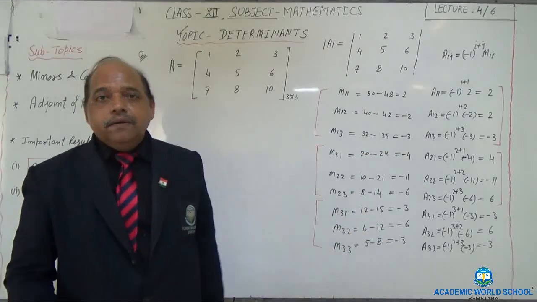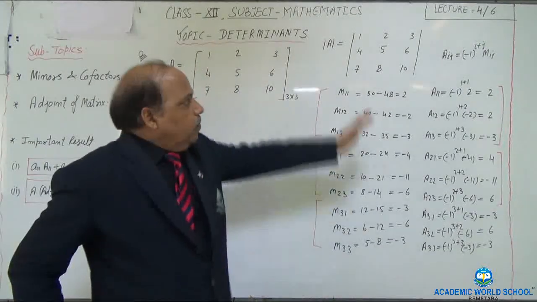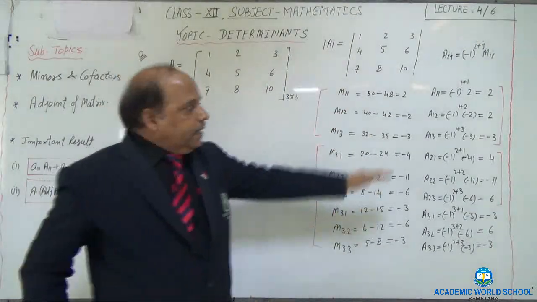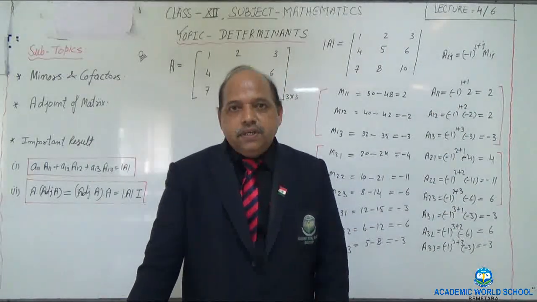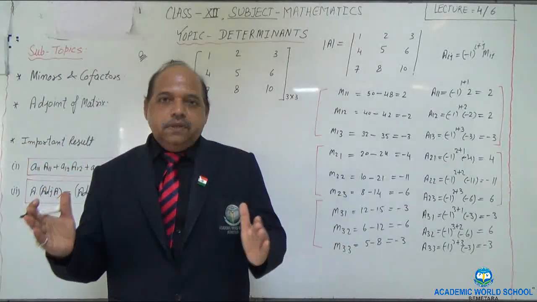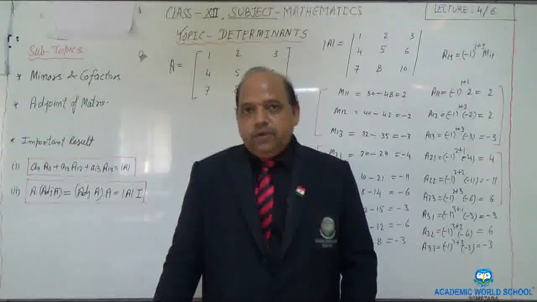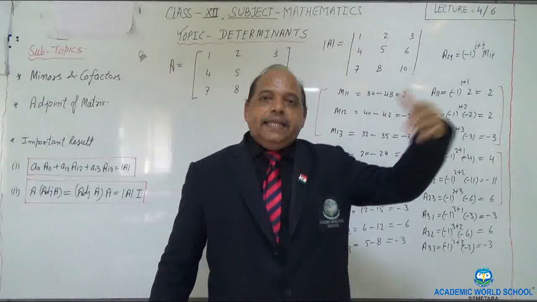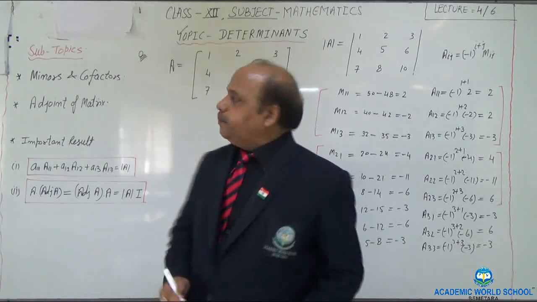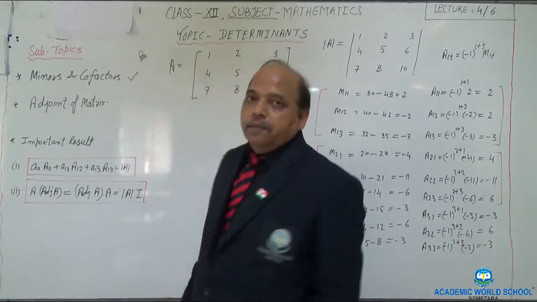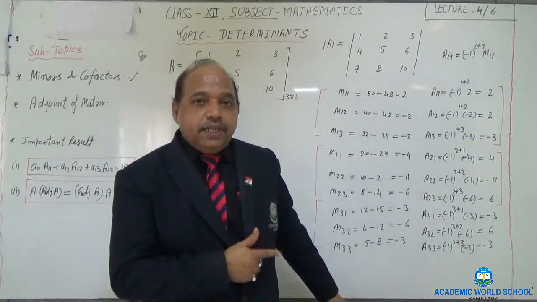So we have got the cofactors. I hope this point is very clear. We calculated minors, and then we calculated cofactors. I hope you have understood this part. So if any matrix is given and the question says find out minors and cofactors, what will you do? First prepare the corresponding determinant, and then you can calculate minors and cofactors as per this method. Fine. Let's move to the next point. So we have discussed how to find minors and cofactors. I am not going to rub this part because I am going to reuse this. Be very careful.